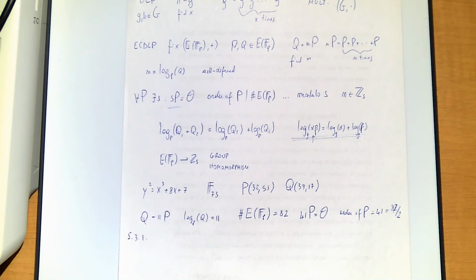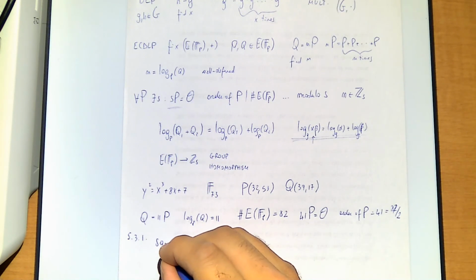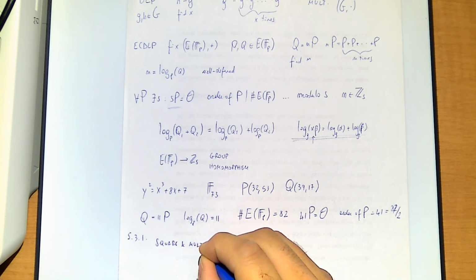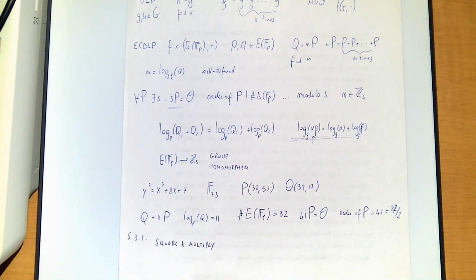So we certainly expect this to be hard, but we also want it to be easy to compute for the honest user. And so for this, we actually need an efficient way to add points. So in generic groups, we had presented the square and multiply algorithm, which consisted of taking the binary decomposition and only taking the relevant powers. So we just do squarings and then multiply with the next one, because we're doing binary